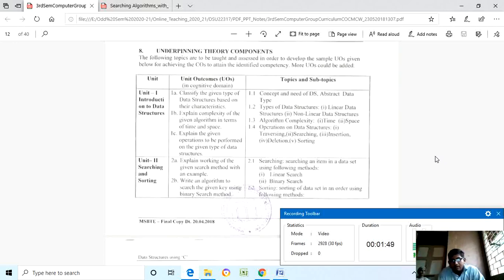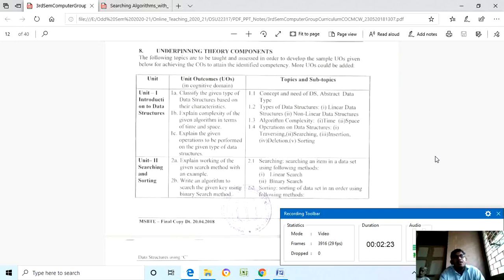Today, our target is to understand operations on data structures. In the last lecture, we briefly discussed what is insertion, what is deletion, what is searching. We took an example of a shoe rack and placing shoes on that shoe rack. Related to this particular example, we discussed what is insertion, what is deletion, what is searching. Today we formally define what these operations are.